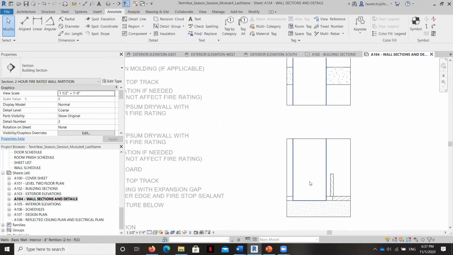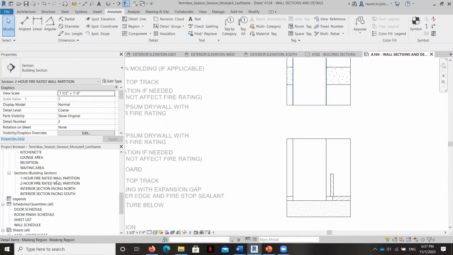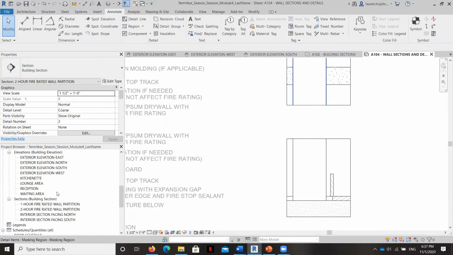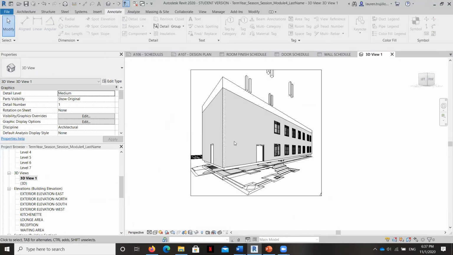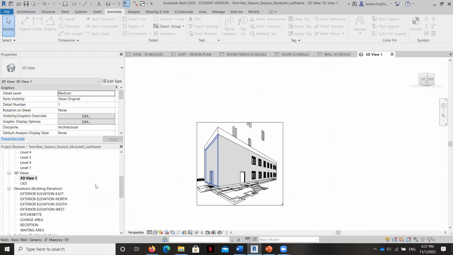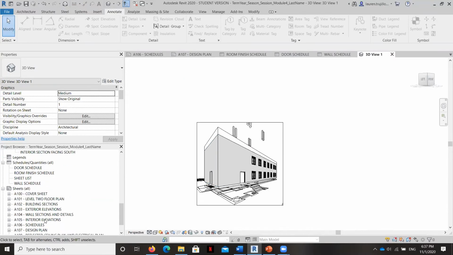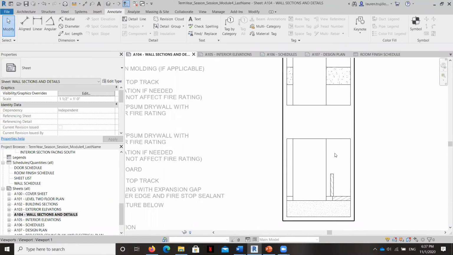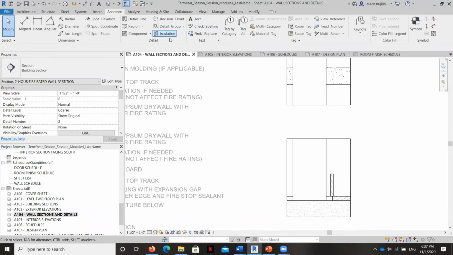So I'm going to place a really cool detail component here, and then I'm going to create a couple of offsets that indicate a furring strip and some drywall. Okay, so this is concrete block, and remember, if we look at our 3D view, remember this is that concrete block. Okay, so let's go to our wall section here, and I'm going to double click inside here, go to component and detail component,